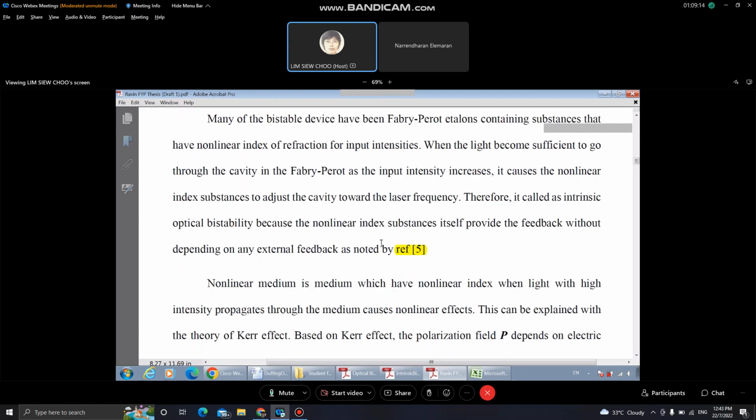Okay, and then this reference 5. You can see the yellow one. I highlighted it in yellow.